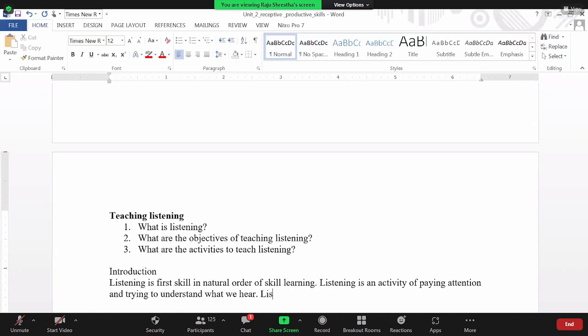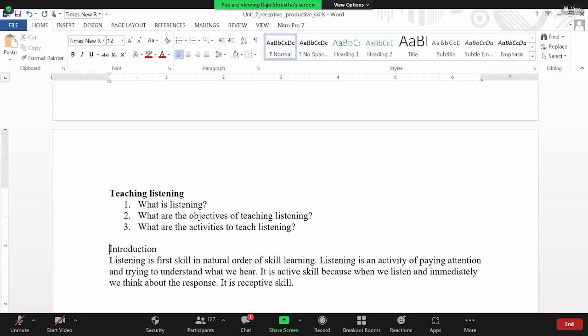Listening, it is active skill because when we listen and immediately we think about the response. In this way it is receptive skills. यसरी एउटा दुईटा सेन्टेन्सहरु लेख्दिनु होला। अब यसरी लेखिसकेपछि then we go to the question, क्वेशनमा जान सकिन्छ, for example question सोध्न सक्छ जस्तै